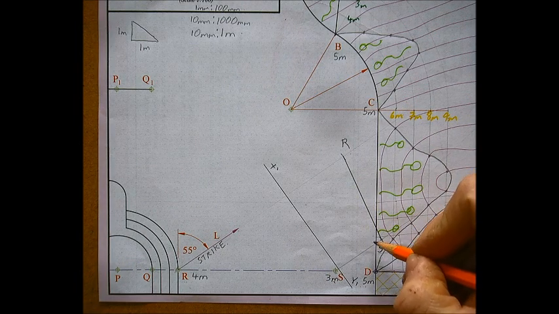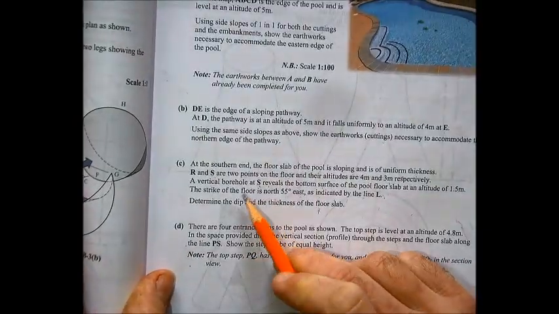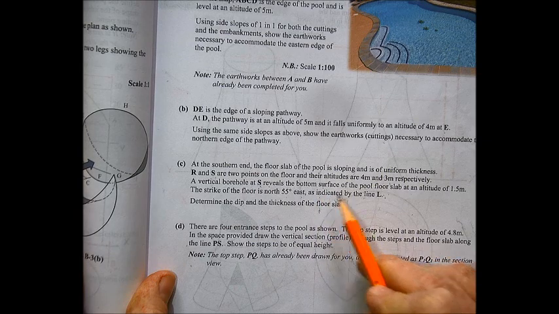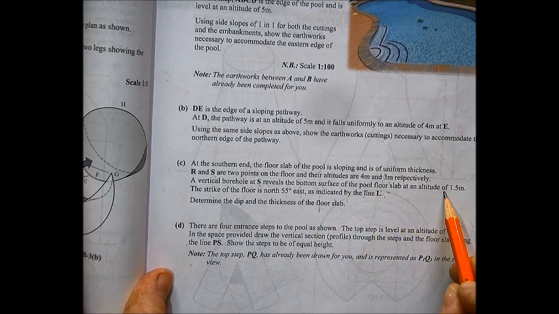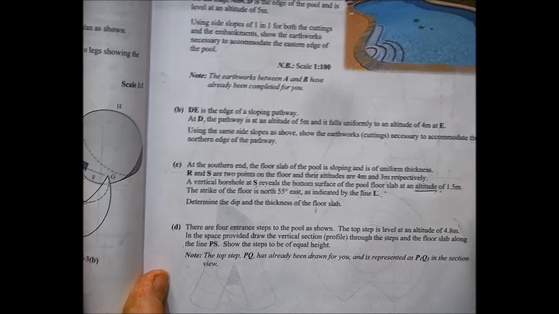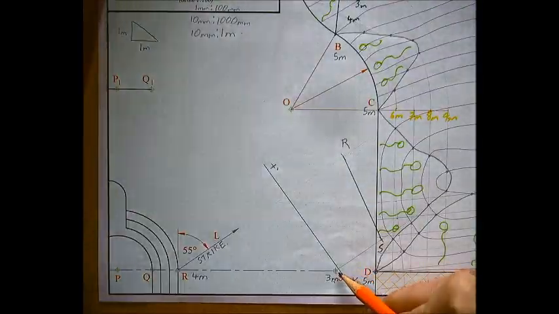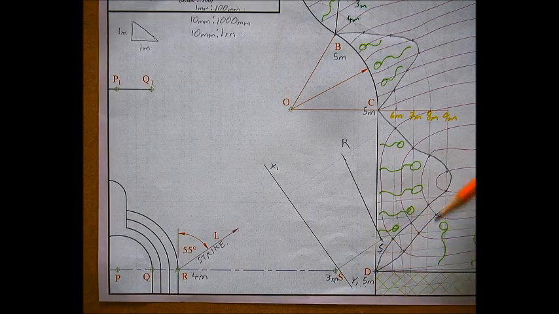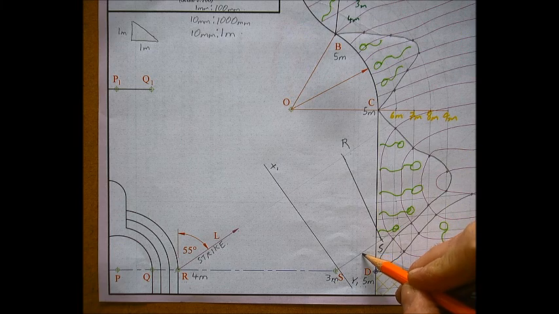So what we also know is we have drilled a borehole. You're told in the question that a vertical borehole at S reveals the bottom surface of the pool's floor slab at an altitude. That's important there, it's not a distance now, it's an altitude of 1.5 meters. So if we drill straight down through here, this will be the line that our drill bit will take, and it will burst out through the bottom of the floor of the swimming pool at an altitude of